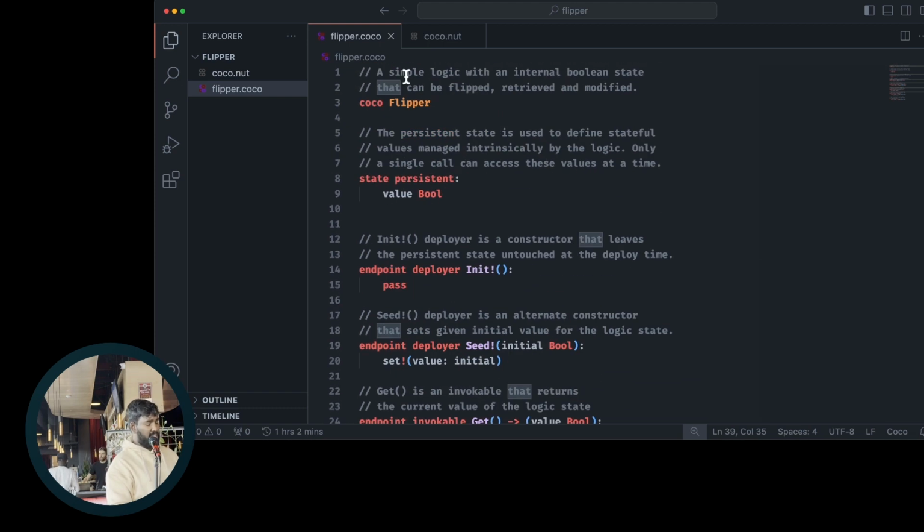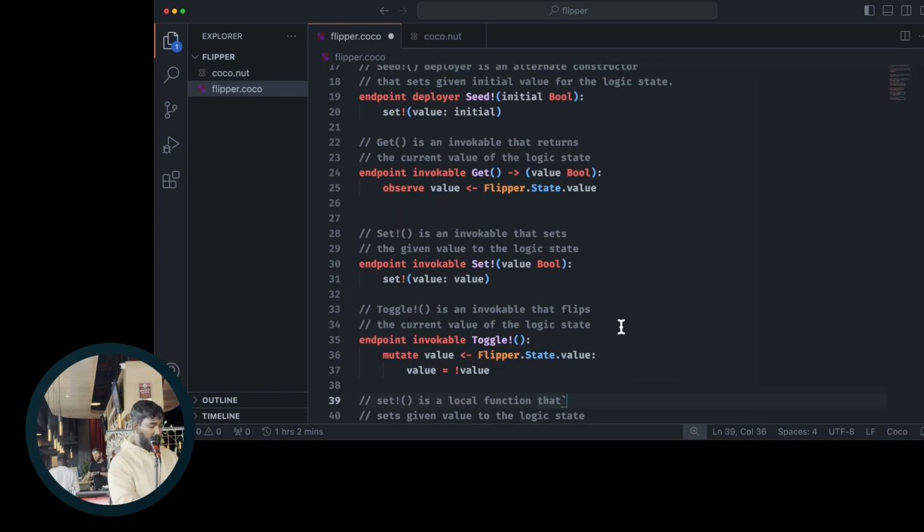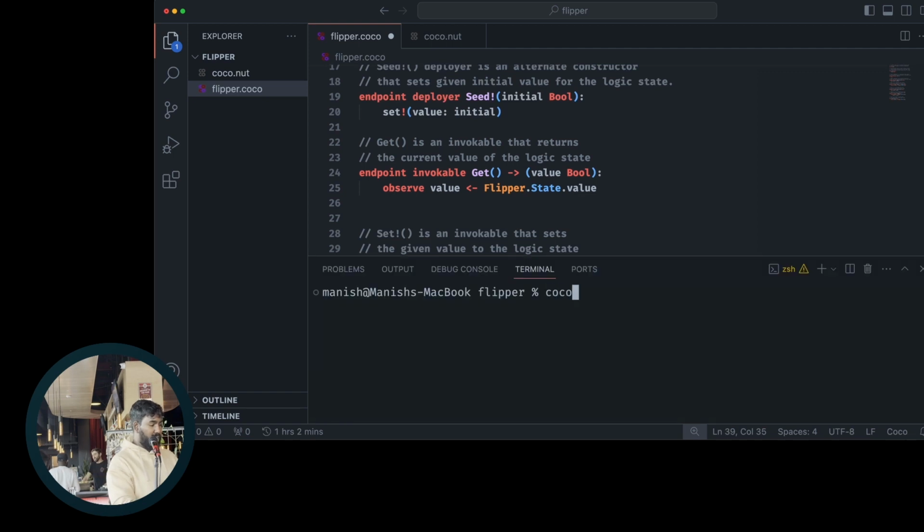But yeah, let's go ahead and compile this, right? All it takes to compile this is you do Cocoa compile. It looks for the coconut file and uses the information available in that. You can override that with your own CLI arguments, but it will default to whatever is there in the coconut file. And if you did this, it has just generated a flipper.json file.